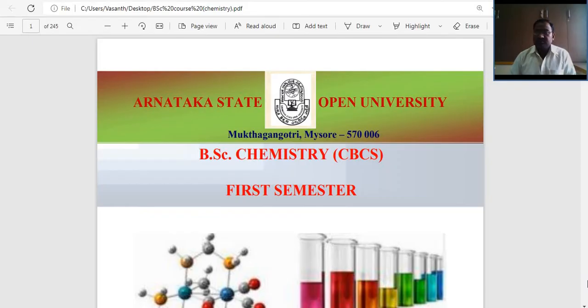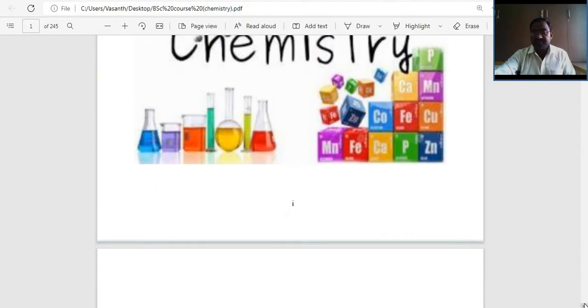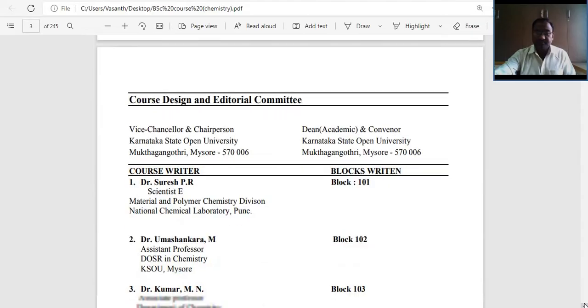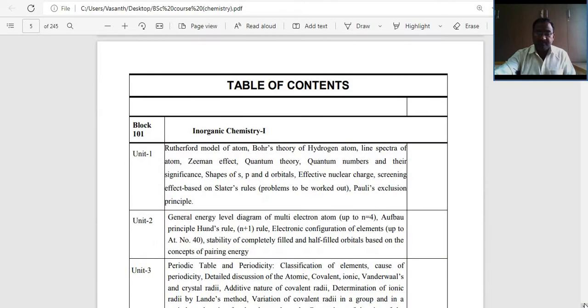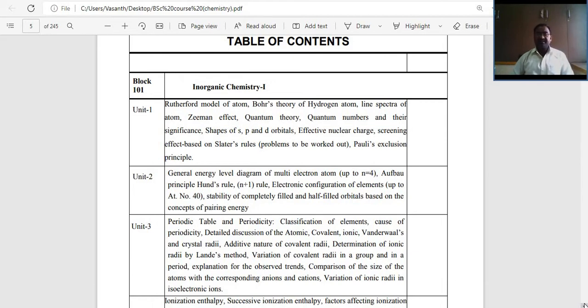In this module, I am going to explain the BSc Chemistry first semester under the units of Inorganic Chemistry. In your syllabus, they mentioned 4 blocks. Block 1, Inorganic Chemistry. Block 2, Physical Chemistry. Block 3, Organic Chemistry. Under that, I am going to handle